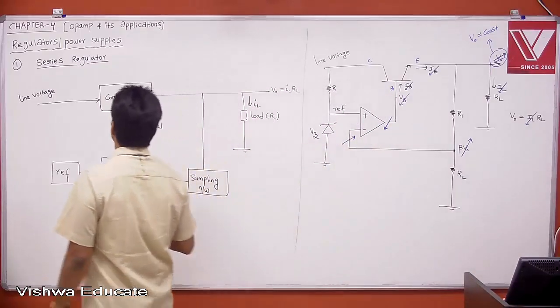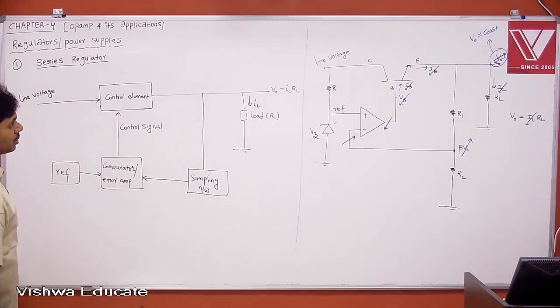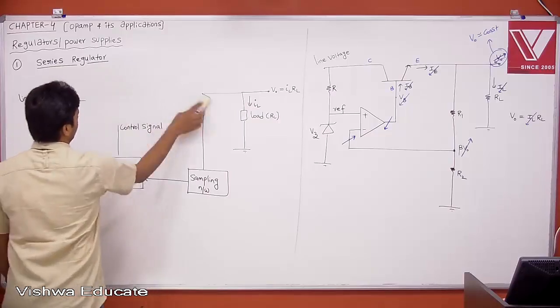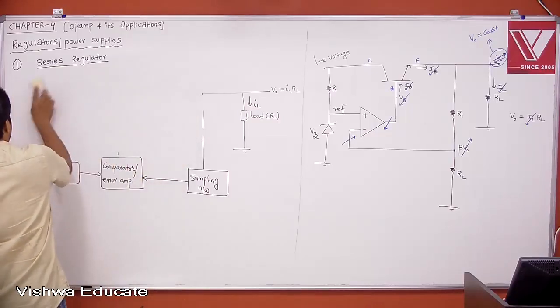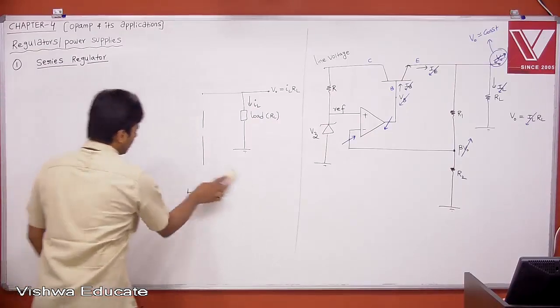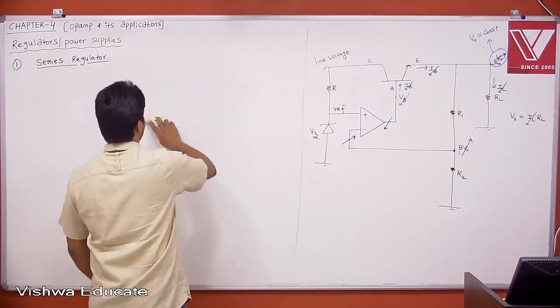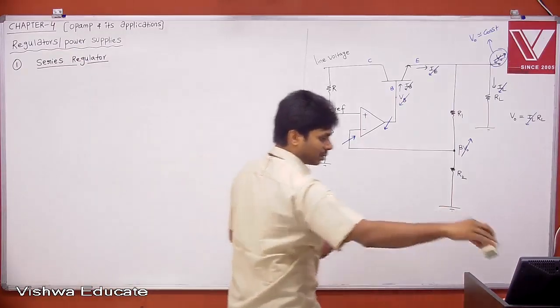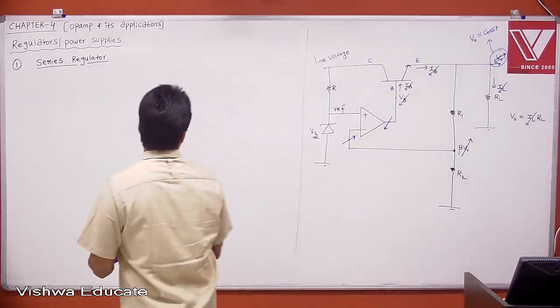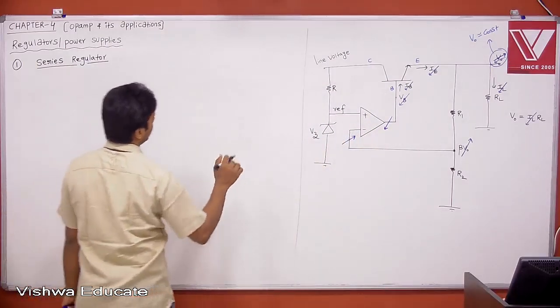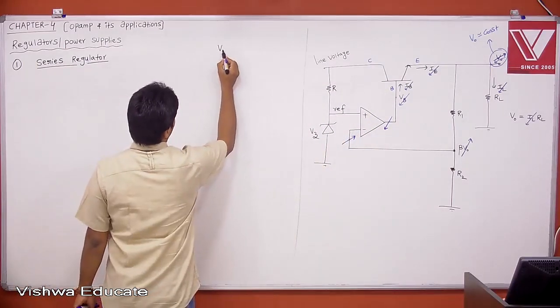I hope you copied this. The same thing I'm explaining using the flow chart. That is easy to remember and easy to understand as well. Now, due to any reason, just listen, if V0 is increasing,